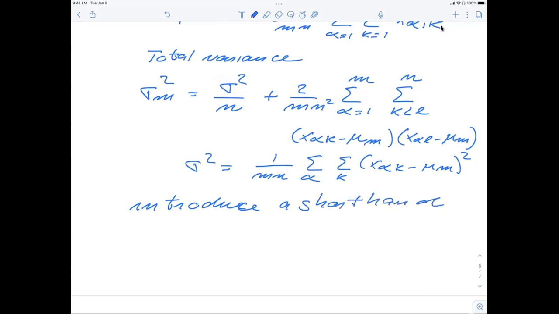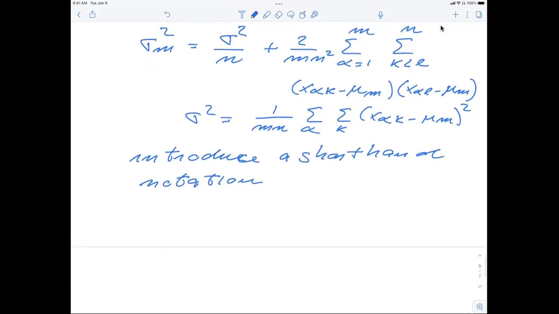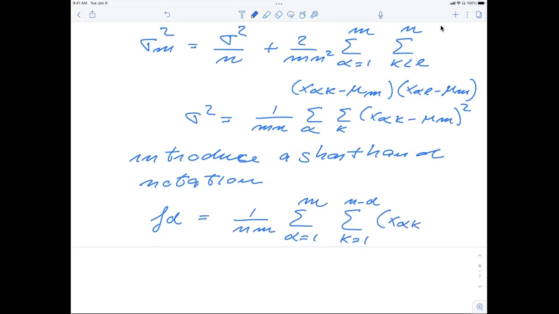And notation for a quantity which I'm going to call f of d. So this quantity is called f of d, and that is given by 1 divided by n of m, and it contains a sum over alpha equal 1 up to m. So I'm just going to put in a new quantity, k equal to 1, and this goes up to n minus d, and it's going to be given by x alpha k minus mu of m multiplied with x alpha of k plus this quantity d